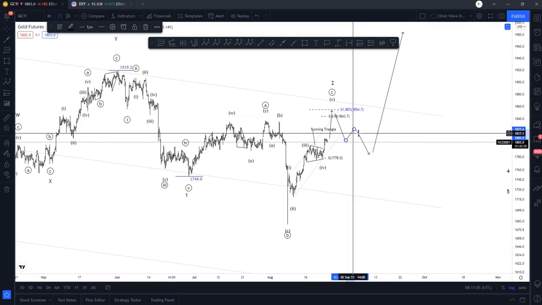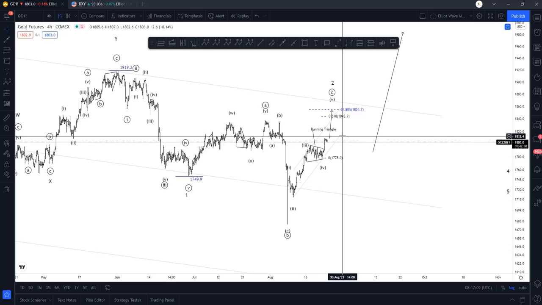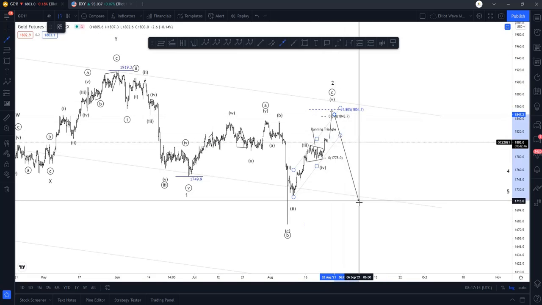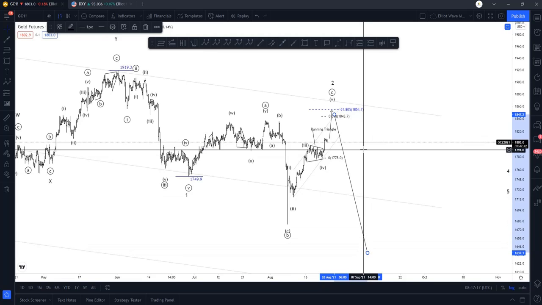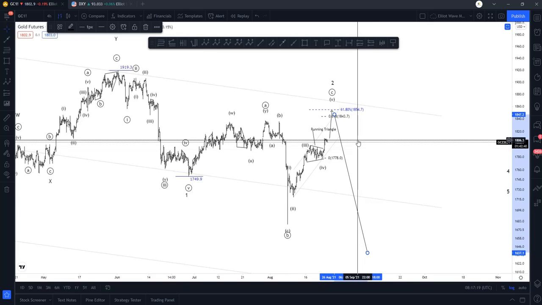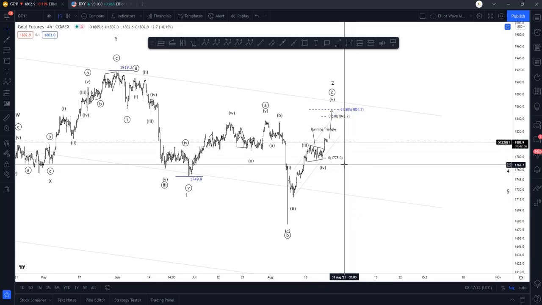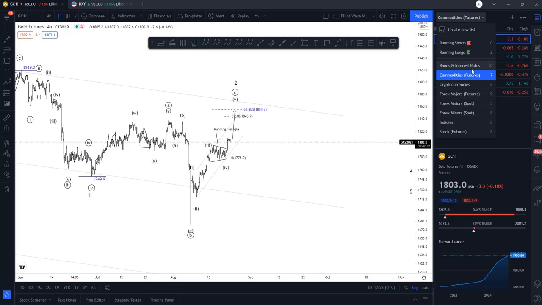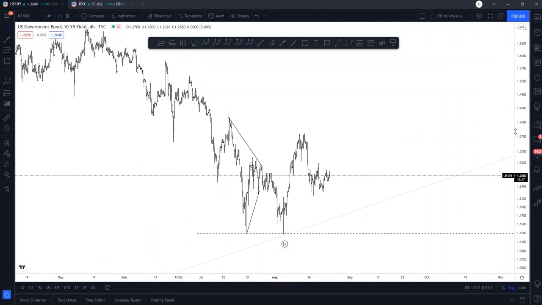However, if we see the market rise towards the 618 for the end of wave 5 on gold, and we see the market continue to fall on gold, then this signifies a much stronger dollar and also a rapid decline in precious metals. Finally, another market we can use, as I've mentioned before, is the 10-year yield, which is one of the benchmarks that a lot of people use.